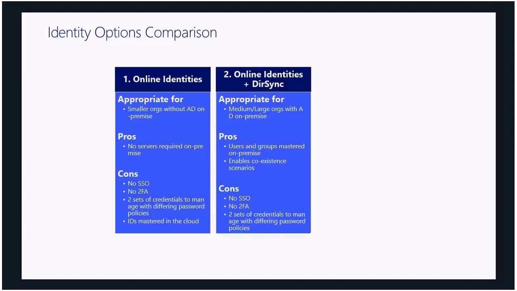Now, the next option that we've got here is the online identities combined with the AAD Sync or the Azure AD Connect. So what this does is take a one-way copy to the cloud, to Office 365, of the users in a local on-premise AD, and that gives you the ability obviously to manage a larger set of users. It also allows you to move organizations who already have investment in on-site infrastructure,